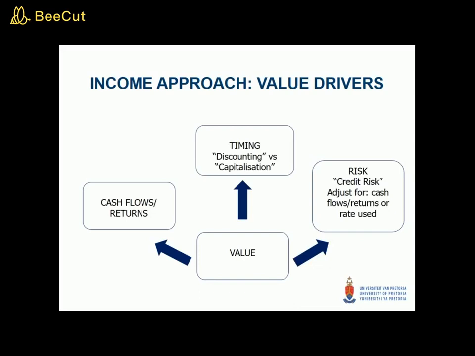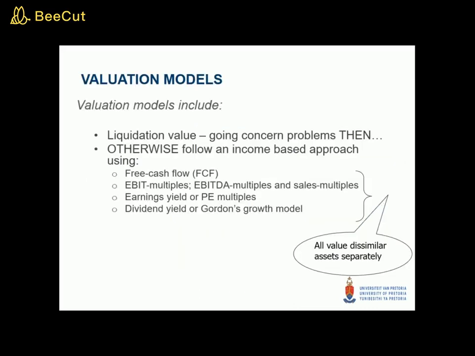Importantly, an important concept to bring about here is how we're making an adjustment for this risk. Either we can leave the discount rate as it currently stands, but be more prudent in our cash flows. In other words, take the risk into account in the future cash flows that we forecast, and discount that. Or we increase our discount rate for the increased risk, for the increased credit risk, etc. So the various models that we're going to use,